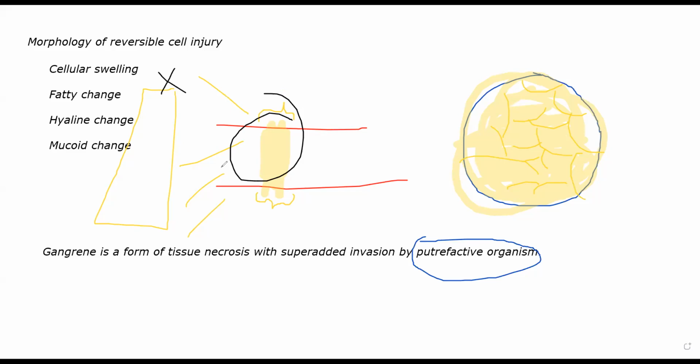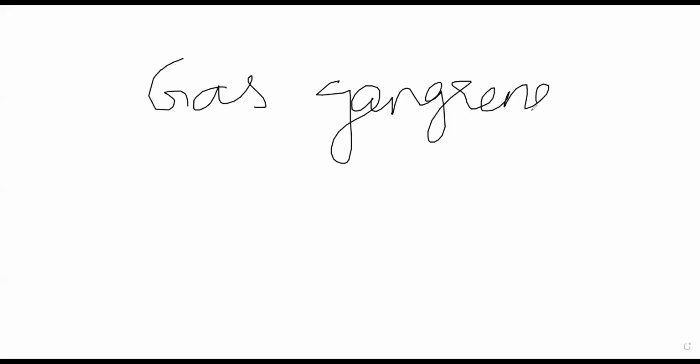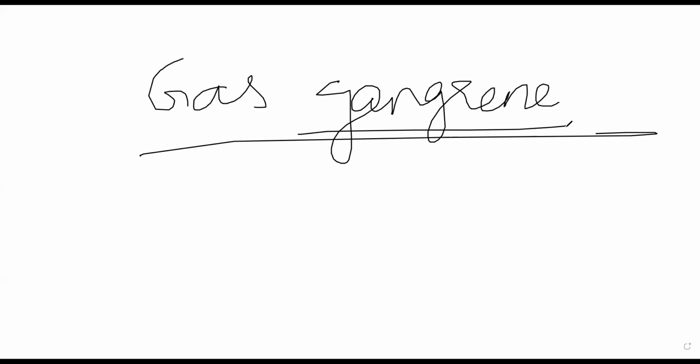Then there is wet gangrene. Now, wet gangrene generally occurs in moist areas. So, what are moist areas of your body? Generally, mouth, lungs, bowel, cervix. In those areas there will be wet gangrene. Okay. Then there is a special type of wet gangrene called gas gangrene. Gas gangrene is special because in this, there is a special type of bacteria that will start producing gas. Okay, will literally have putrefactive gas being released by that bacteria in that area.